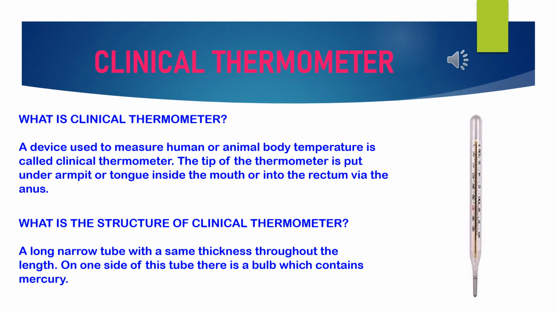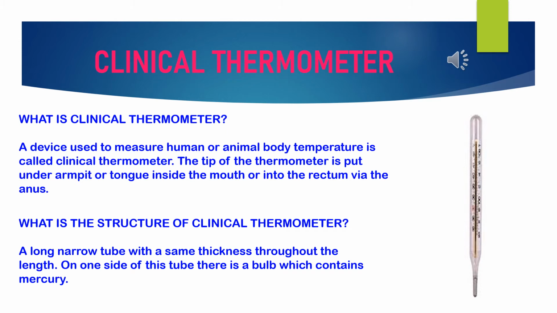To reset the thermometer for next use, it is given a few jerks which forces mercury in the stem to go back into the bulb. The range of this thermometer in Fahrenheit scale is from 95°F to 110°F, and in Celsius scale from 35°C to 43°C. This range of temperature is very, very important. Please remember this carefully. The normal temperature of the human body, that is 98.4°F or 36.9°C, is shown in the thermometer by an arrow mark.